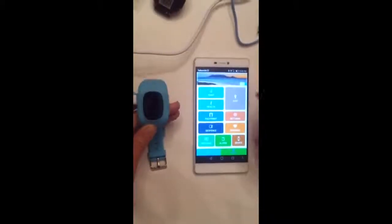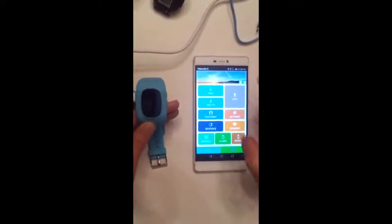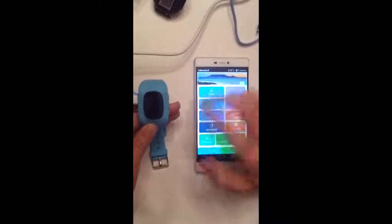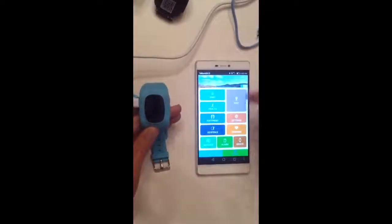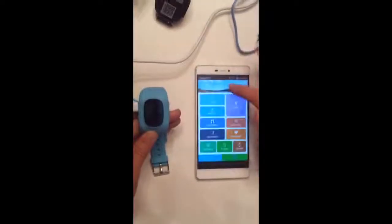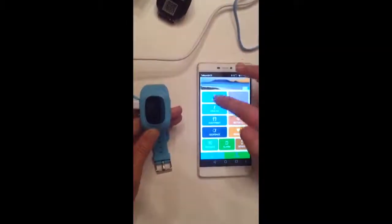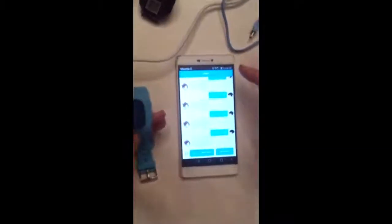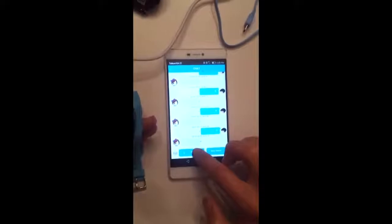You can also send voice messages from the phone to the watch and from the watch to the phone, but you can't send messages to all the contacts on the contact list. You can only send it to the phone that's linked to the watch. So in order to do that, you go to the app, open up Chat, start record,